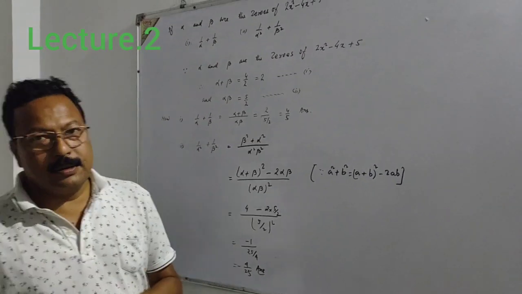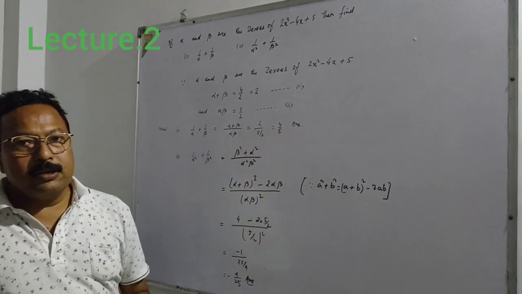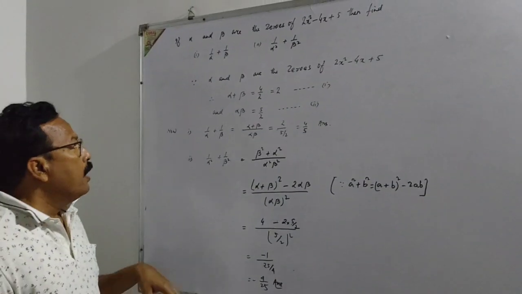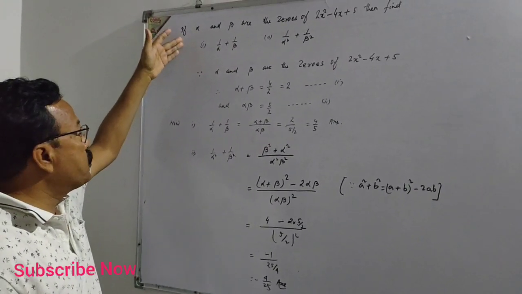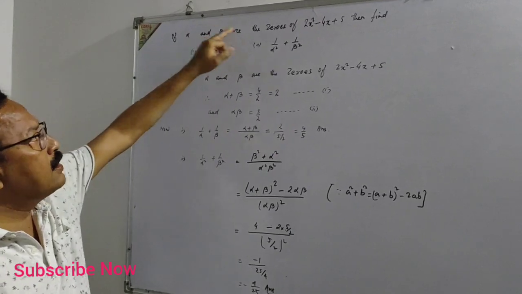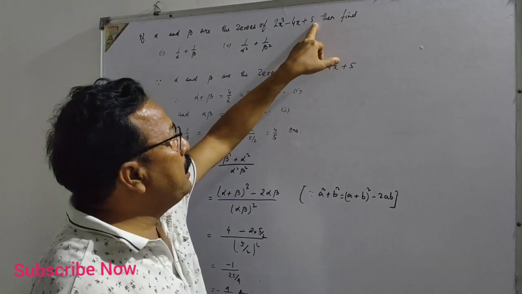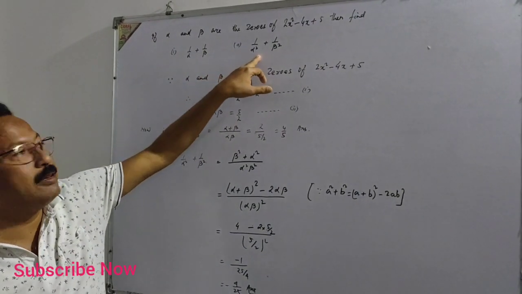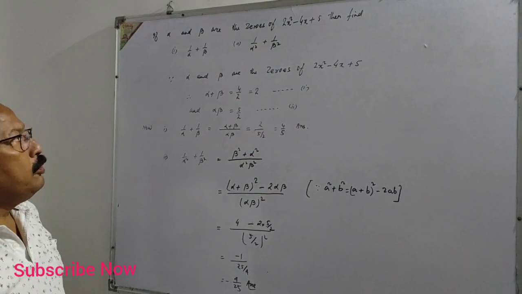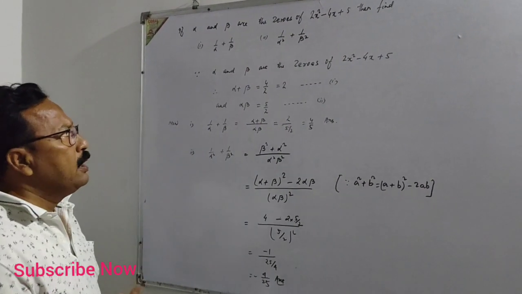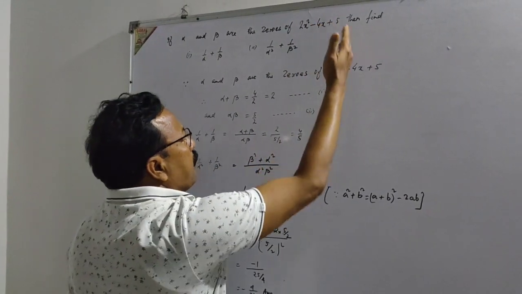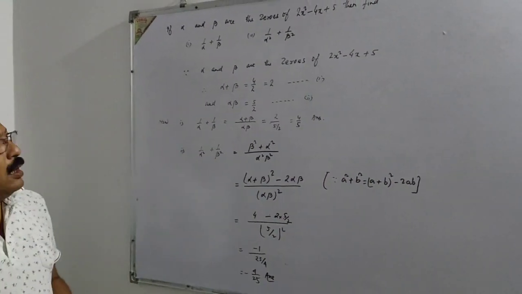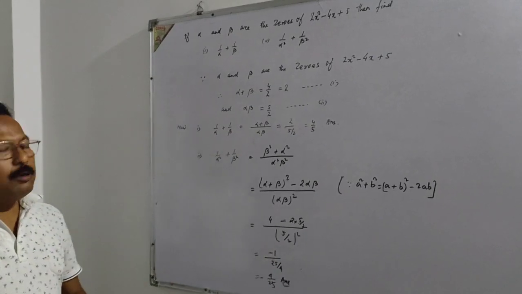My dear students of class 10, today we'll solve some problems on the concept of zeros of the polynomial. For example, we can take this question: if alpha and beta are the zeros of this polynomial, then find 1 upon alpha plus 1 upon beta. The second question is 1 upon alpha square plus 1 upon beta square. You can solve various questions of this type. You can have root alpha by root beta plus root beta by root alpha also. You can see such problems in your book also.